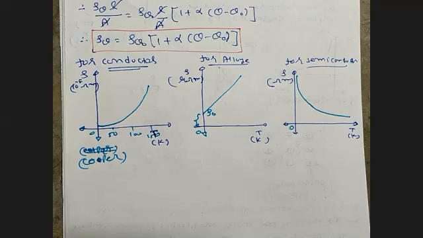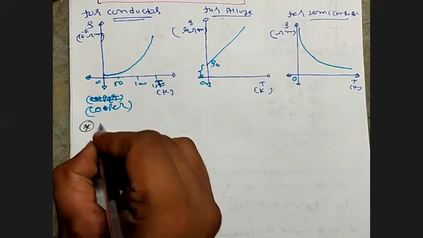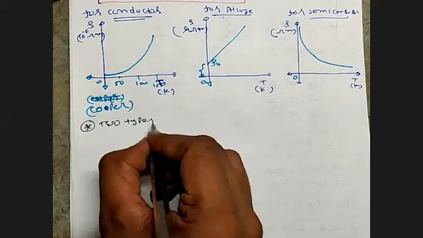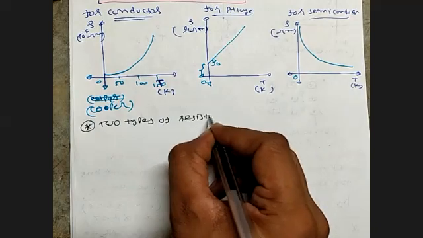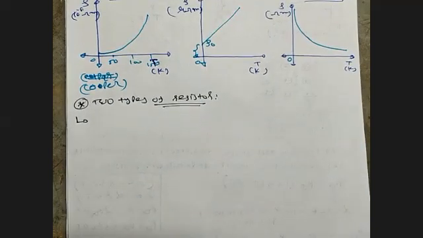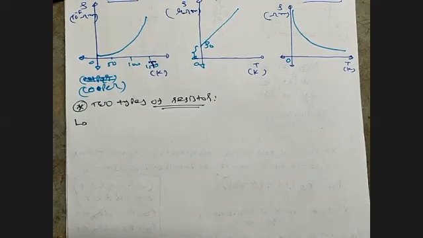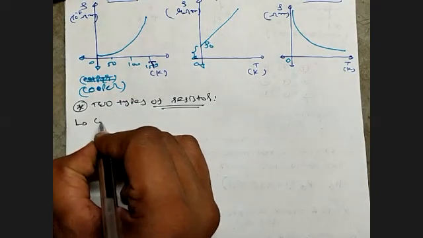So how can we measure this resistance? For that, we can understand two types of resistor. Two types of resistor. One type is what we call the wire wound resistor,